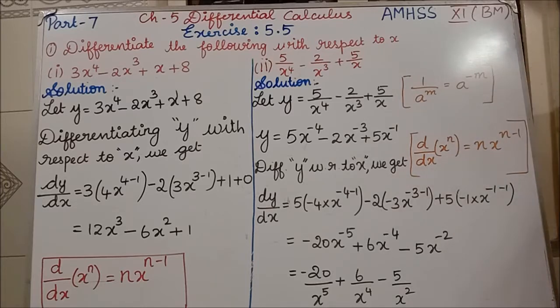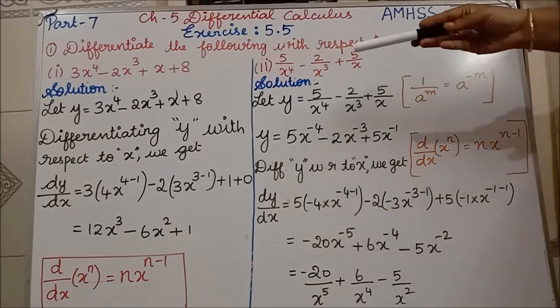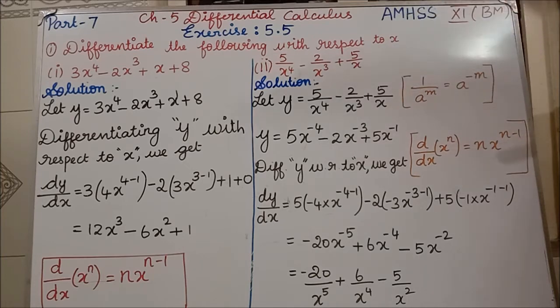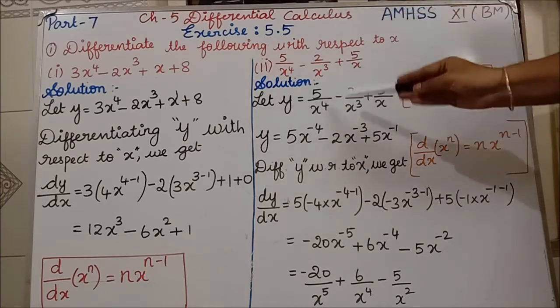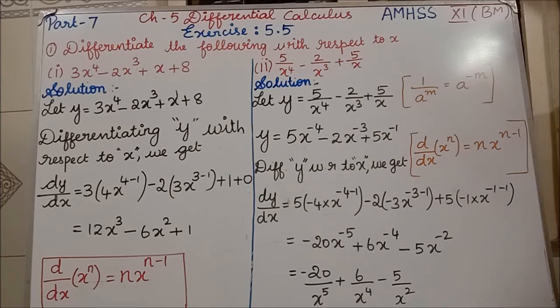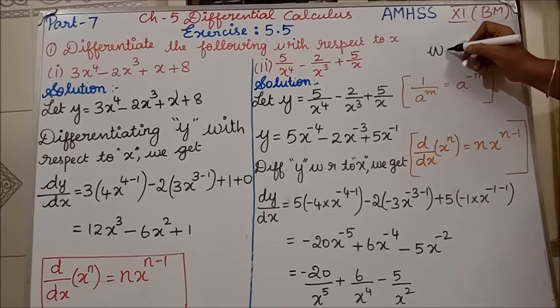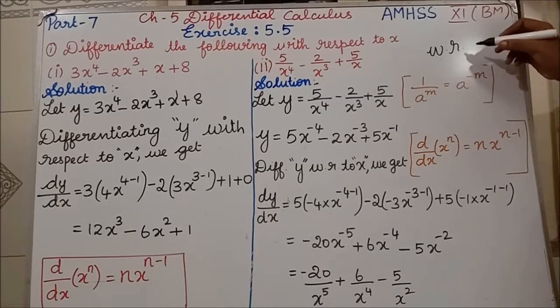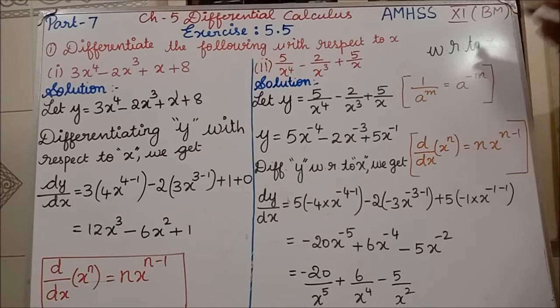Next step we are doing differentiating. Listen, hereafter I will write in short form. You have to understand. See, the first question I have written the full sentence: differentiating y with respect to x. In short form, we write w.r.t. for with respect to. If you need, you can write the short form in classwork, but in your exam and test you have to write in the full form only. Clear? Differentiating y with respect to x.